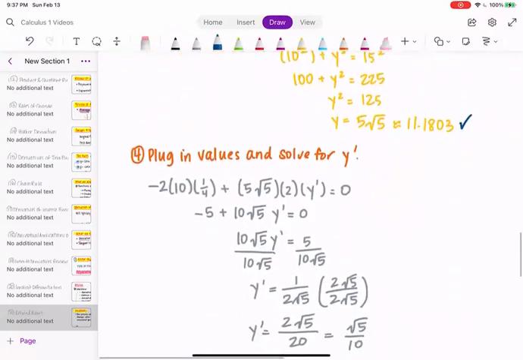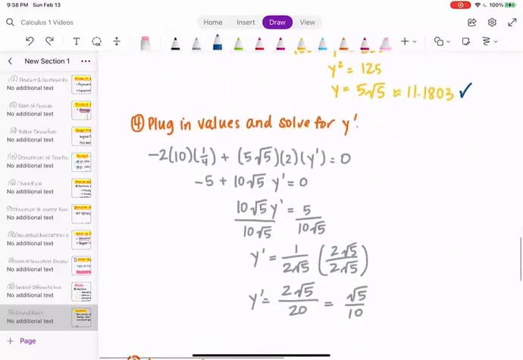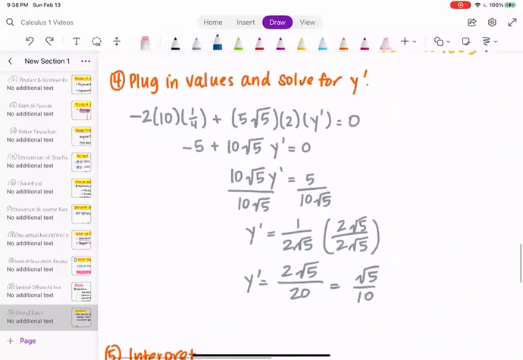We can now plug in the values. Remember, we were given everything except this, or well, we were technically not given this number, but we solved for it. So we now have everything except for y prime, which is beautiful because now we can solve for y prime, right? So here I plugged everything in. And then the step under it, I simplified. And then I canceled these two to get y prime alone after I had added 5 to the other side. And then basically, this could be your final answer,